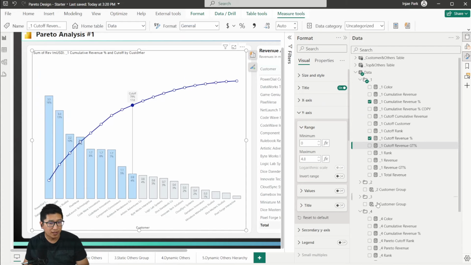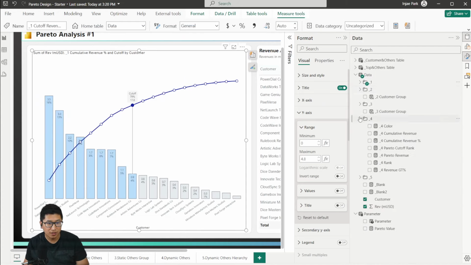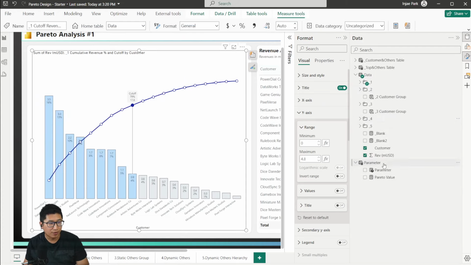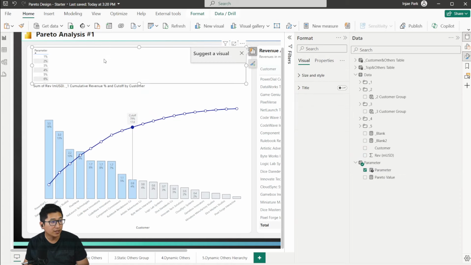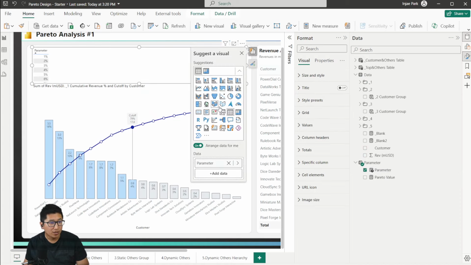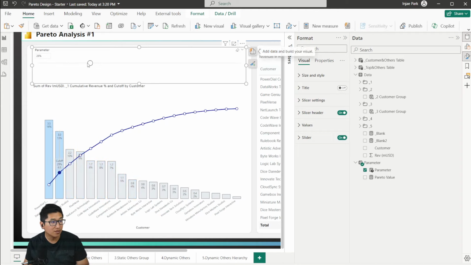And let's go back to this, here, and we're going to take a quick look at the parameter. In order to create this parameter, let me slide this down a little bit. This parameter here is a what if parameter. So if I change that into a slicer, you can see that if I make this smaller, it's going to show you the first customer is going to represent 20% of the revenue, but you can actually see the line is a little bit below, and that's because the customer actually has more than 20% of the